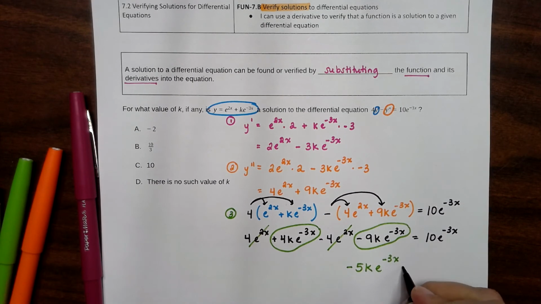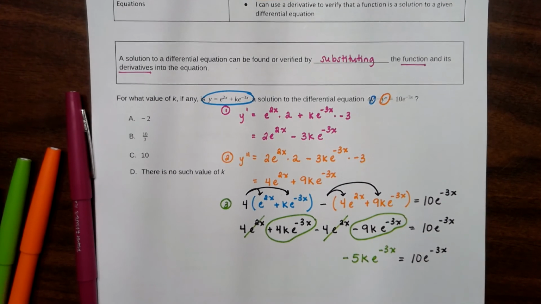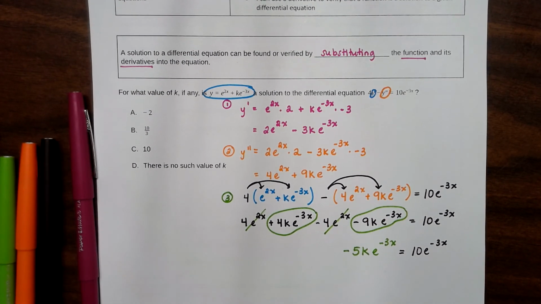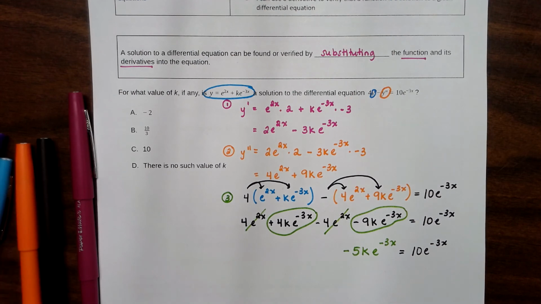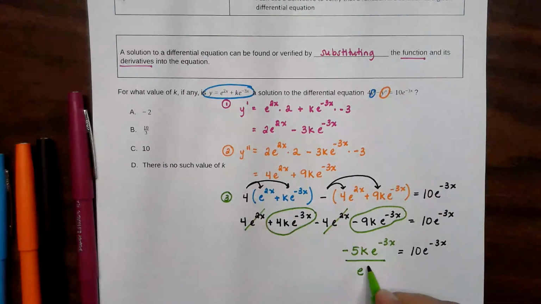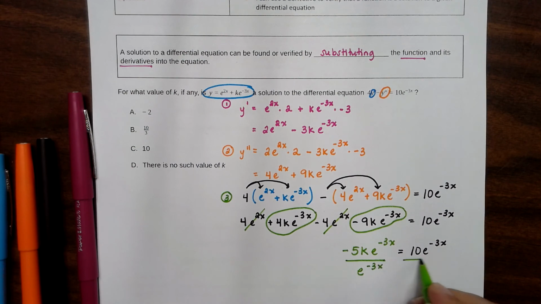And again, I'm just going to copy down the equals 10 e to the negative 3x. Now I'm noticing, again, something kind of exciting happens. This e to the negative 3x and this e to the negative 3x are the same on both sides. So if I divide by e to the negative 3x, that part of my term on each side is going to cancel,